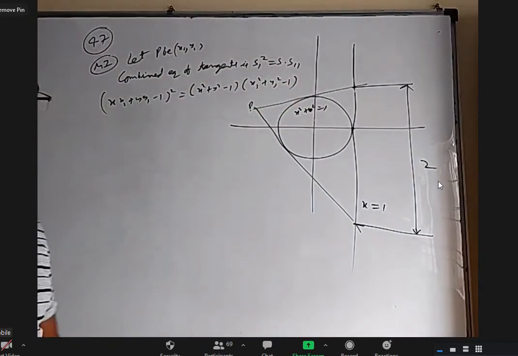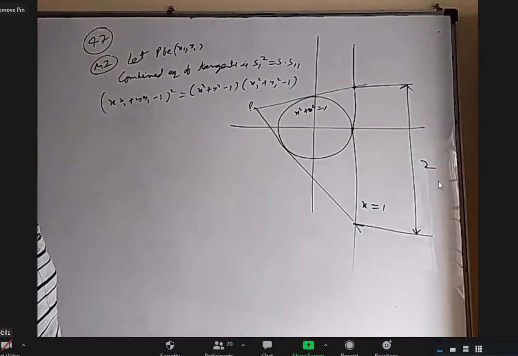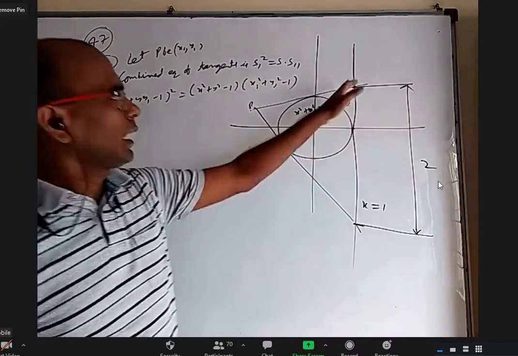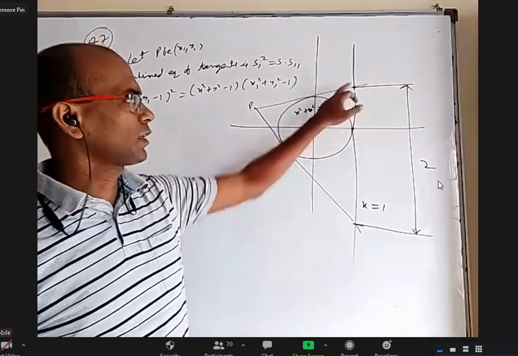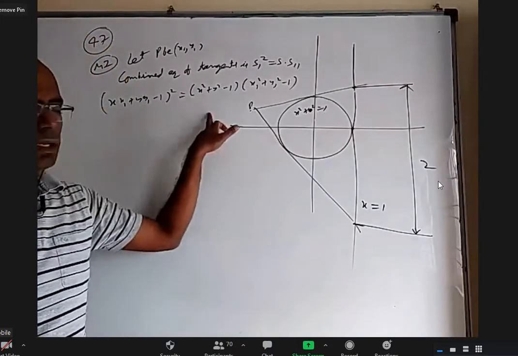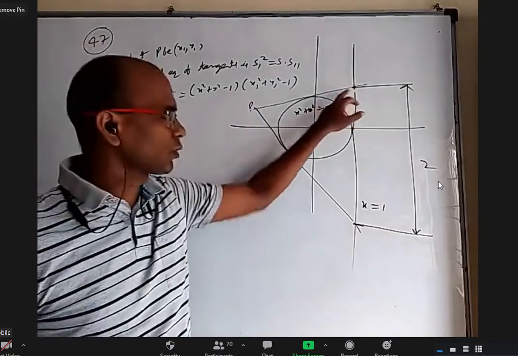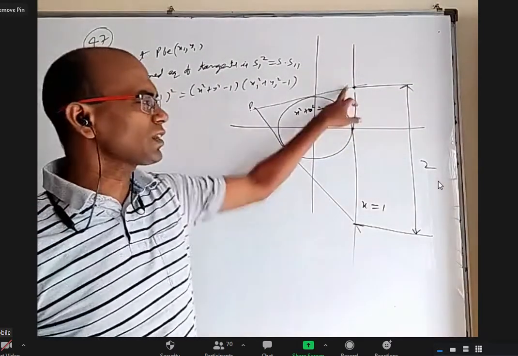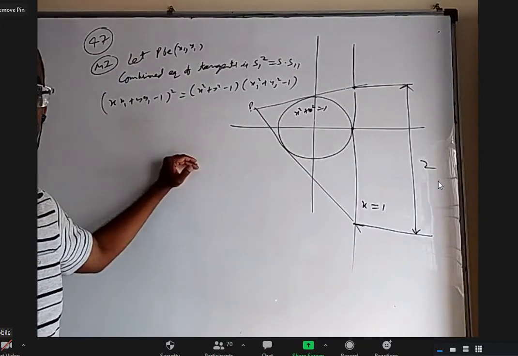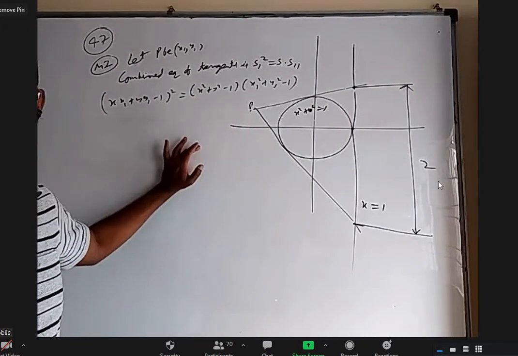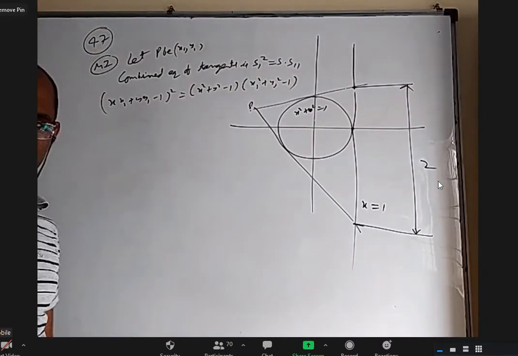This may be lengthy, but what I got is the combined equation of these two. Now this is a pair of straight lines equation. I'll try to solve this pair of lines with x equal to 1. This and this both have x coordinate 1. When I substitute x equal to 1, I'll get a quadratic equation that should have two roots. One is this y coordinate, one is this y coordinate, and the difference of the roots should be 2 units. So after putting x equal to 1, I'll get a quadratic equation for which the difference of the roots equals 2. If I use it, I'll get an algebraic condition that will be the locus. Is the method all right?